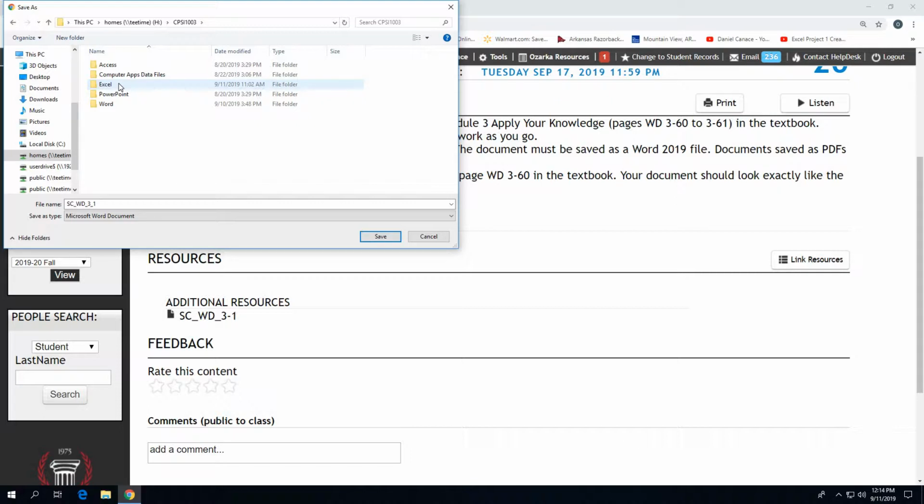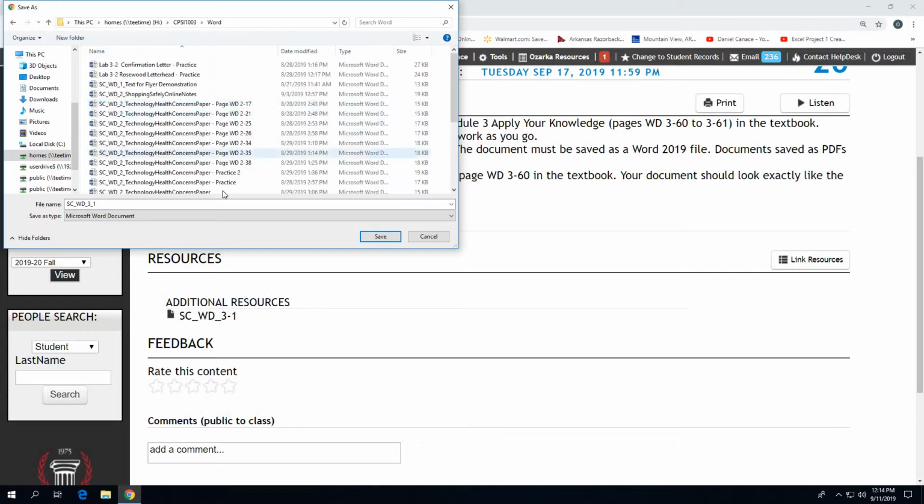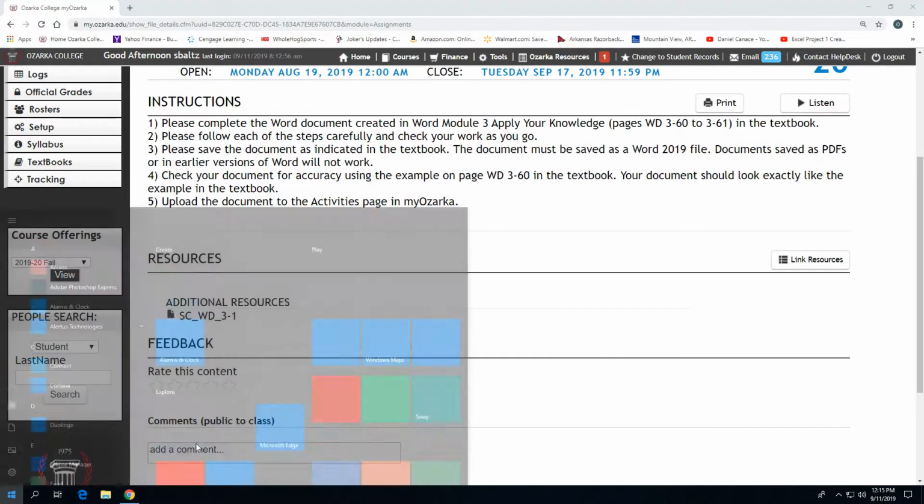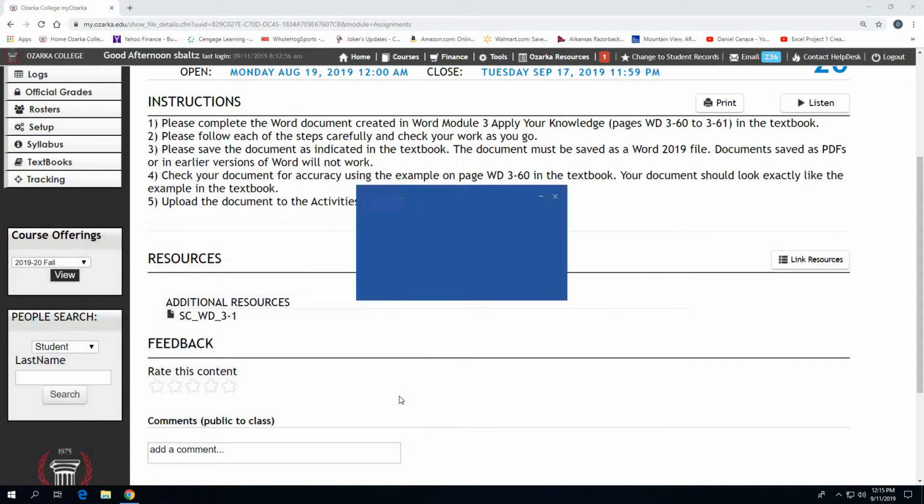Alright, so just save it wherever you normally save your work for this class. Alright, and then what you're going to do is you're going to open up Word. You're going to open up Microsoft Word on your computer